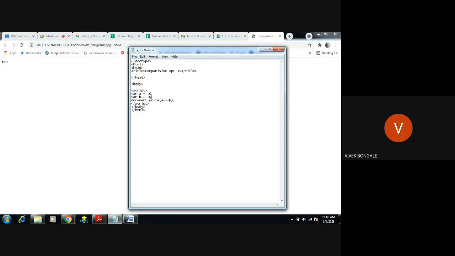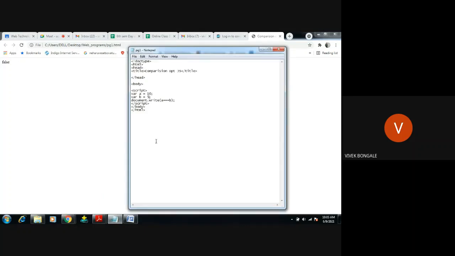Right. So now I will change this to 5. Now we got false, right? So you can say the normal equal to also does the same thing, right? If 10 and 5 are not equal, obviously the result will give false. Then why do we need this exactly equal to? Why do we need this exactly equal to? There we have to go with the string.